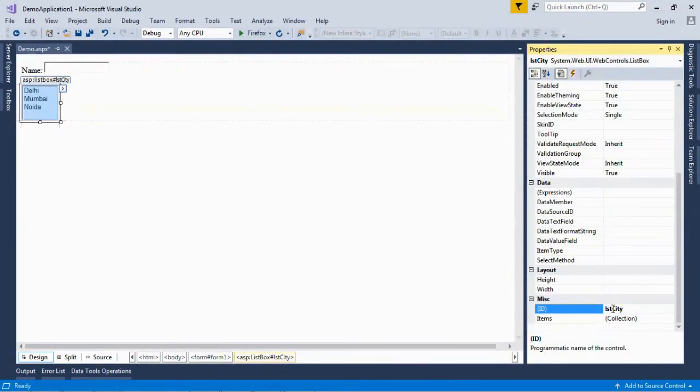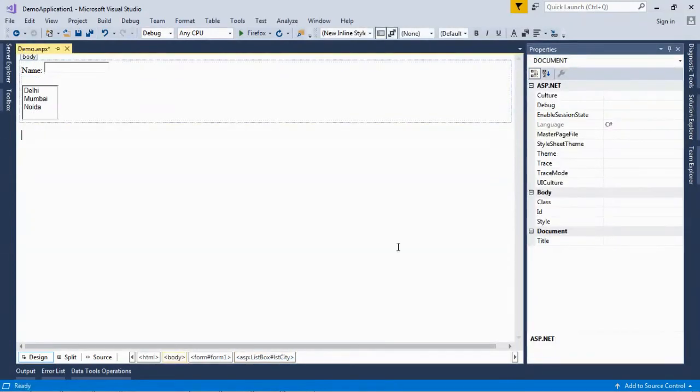Same as before. LST denotes the list, and city denotes that it contains the values of cities. So the ID of this control is lstCity. Move forward.